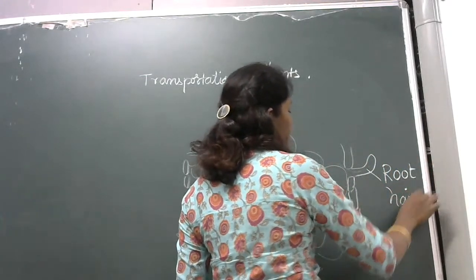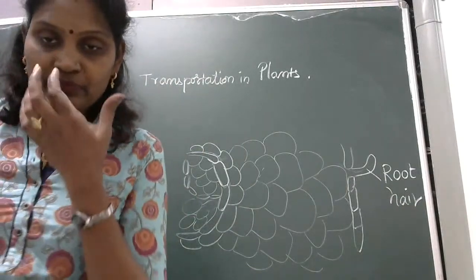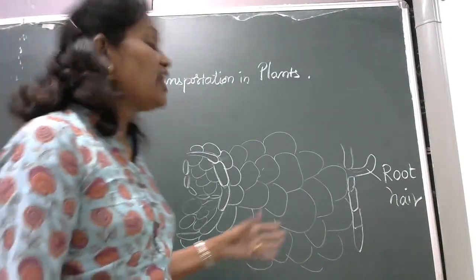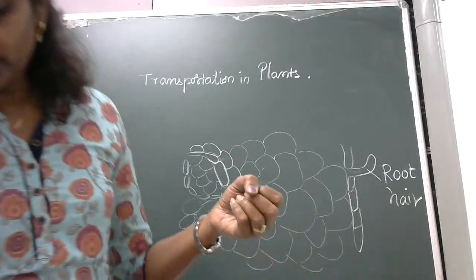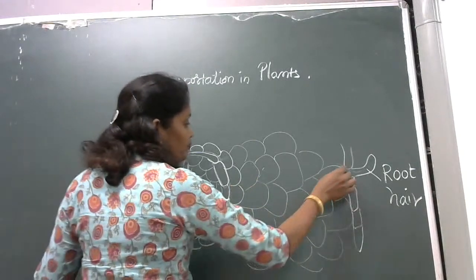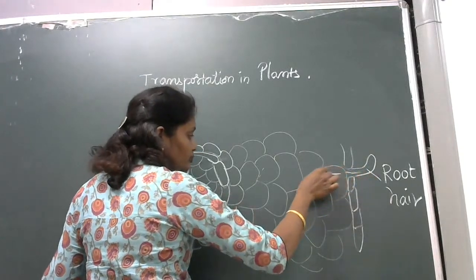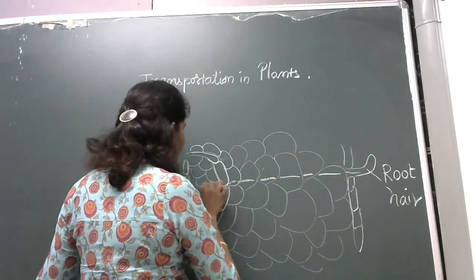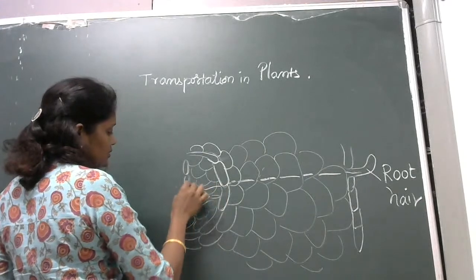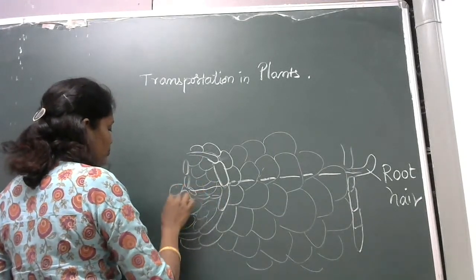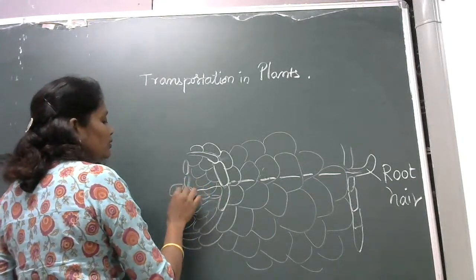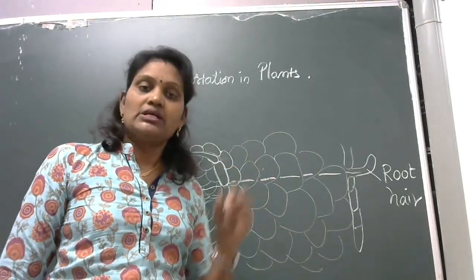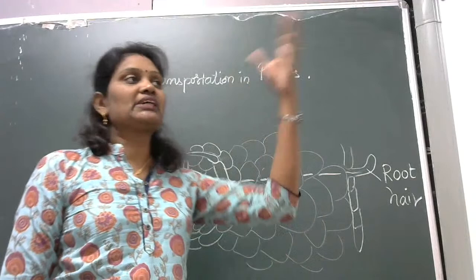Now how does this root help? Okay. So now we will see how this root helps to absorb the water. So slowly, you can see here, from one cell to the other, the water is getting absorbed in this particular cell, that is the xylem, which is helping. Xylem is the tissue that helps in conducting the water.